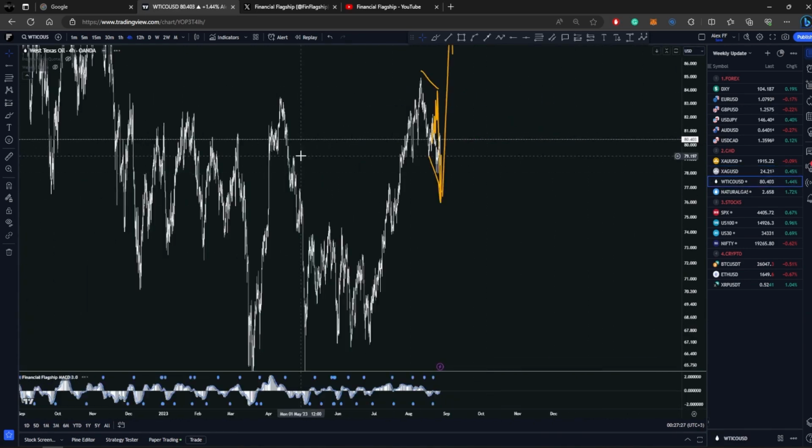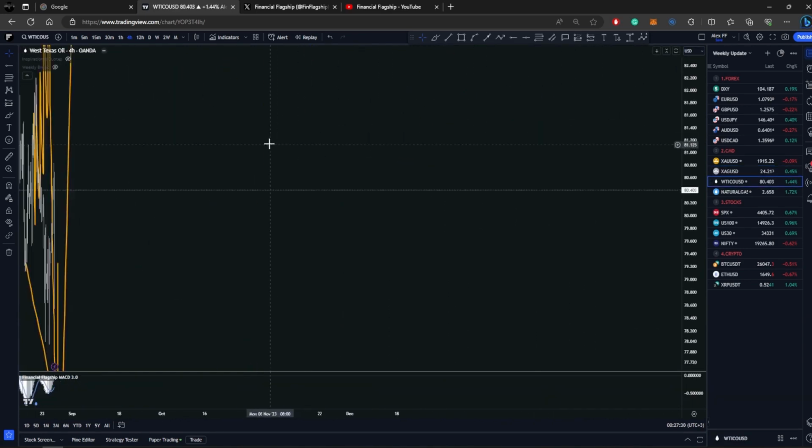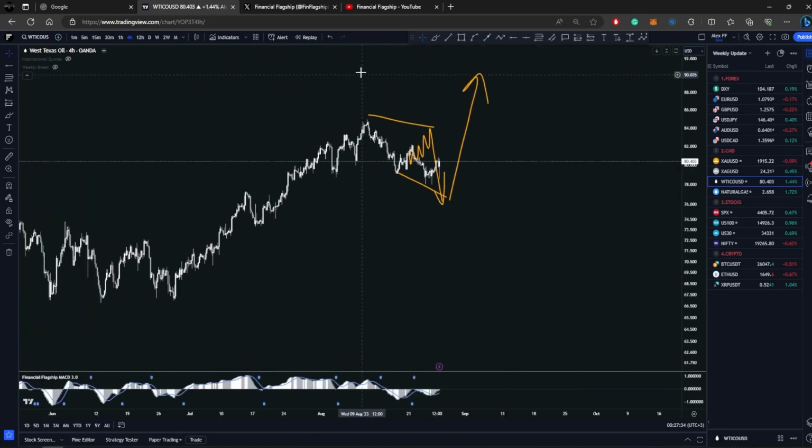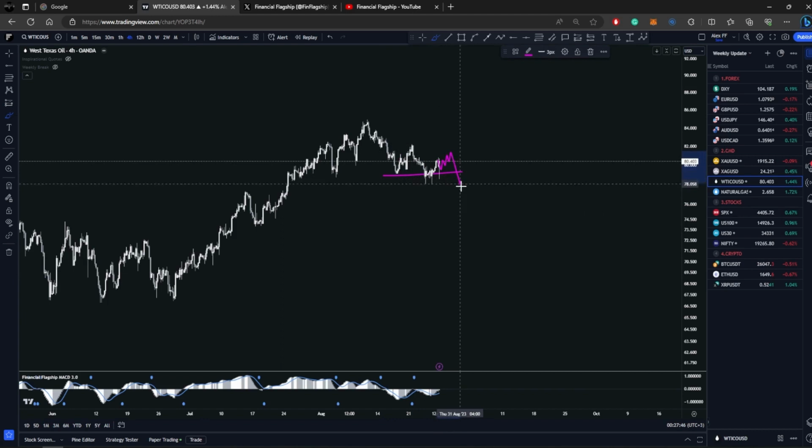For oil, last week I was expecting the price here to make a consolidation, and as you can see, the price unfolded exactly like we expected it to do. So we were expecting this move to happen and then the price to make one more drop. So far so good. We broke this low here, so the way things are looking here, the price might go back up here again, drop again, and then we'll see if we get our buy setup.